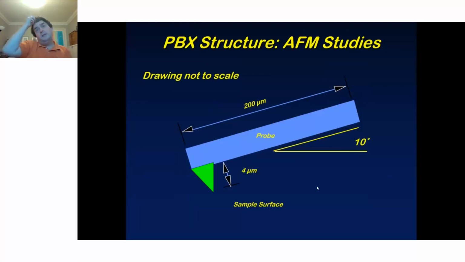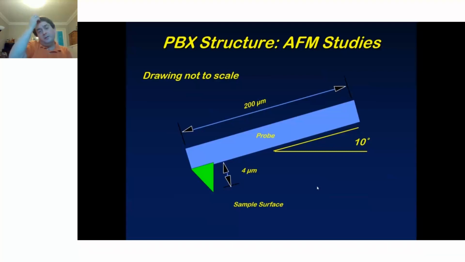And many times they found that the polymer bonded explosive was significantly stronger than what they expected with their relatively simple models. So we went and looked at the structure of a polymer bonded explosive in close detail using